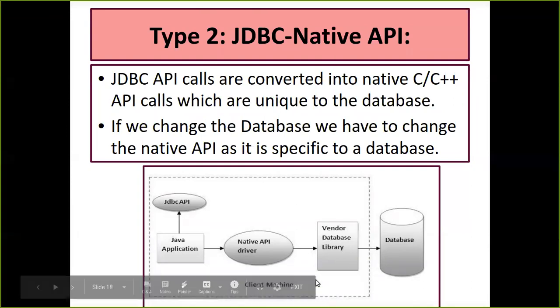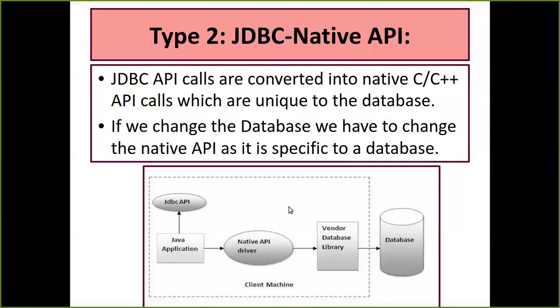So now what is this native API driver going to do? It takes a native language which supports this particular database. If I have MySQL not supporting a JDBC driver but supporting C++, we will use C++ and access the data from there. But this driver is going to convert all my function and method calls into something the Java application can understand. So this is your type 2.